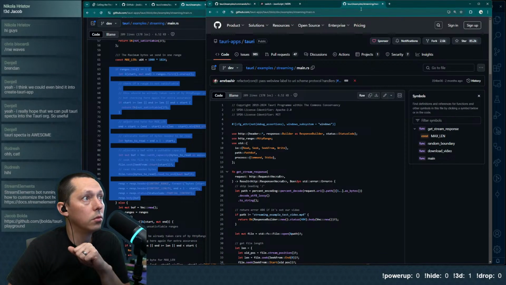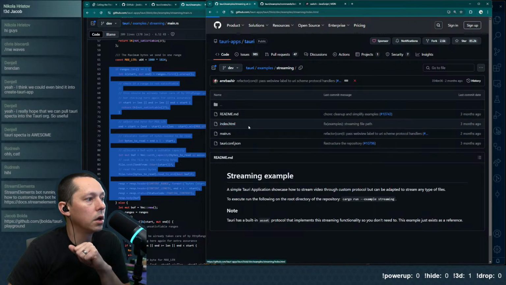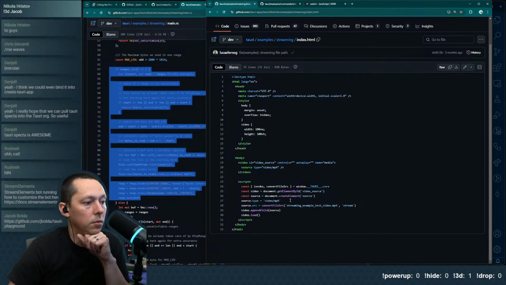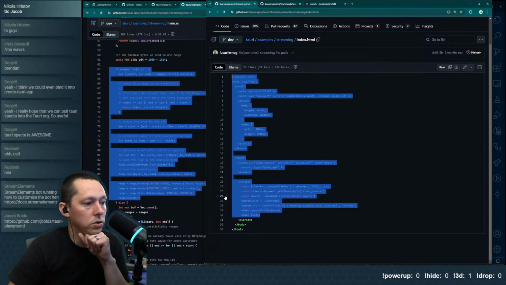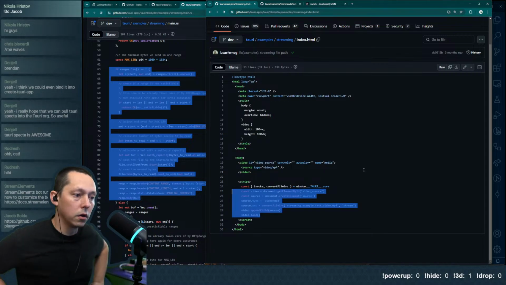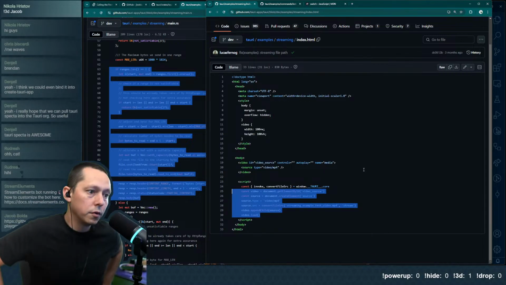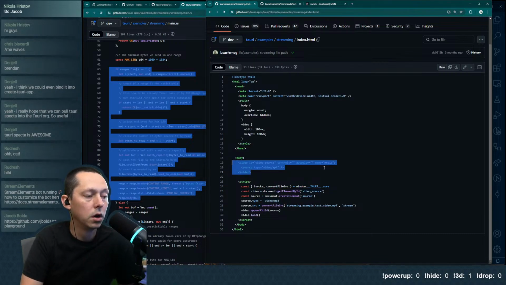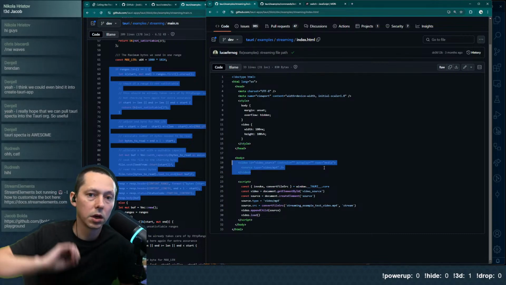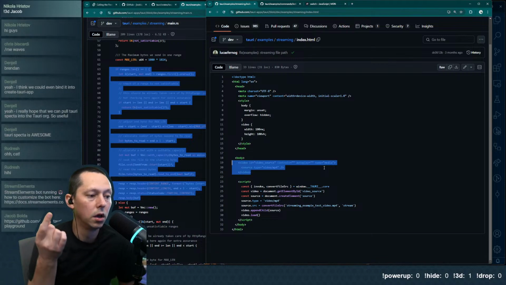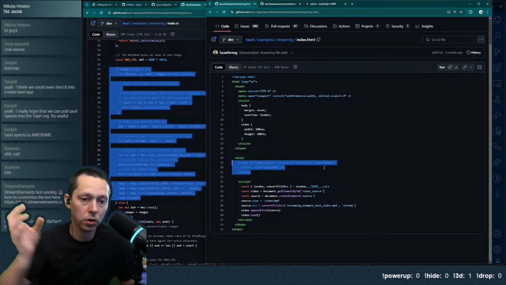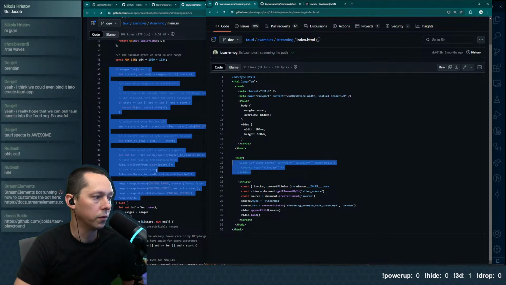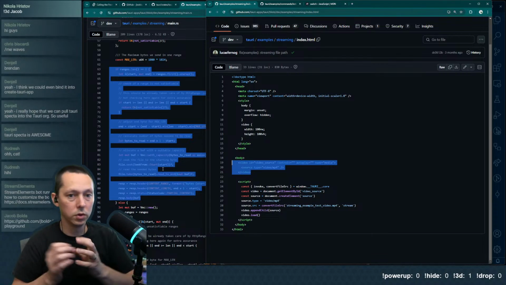So in the front end of this example, if we put this on the side, and we look at index.html, this is doing a video thing. And from what I know of the video API, it's an HTML video element, it's basically like a streaming response. Every time it gets new chunks, it fills the buffer within the video player.